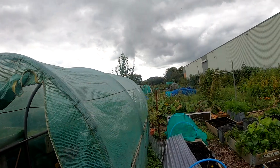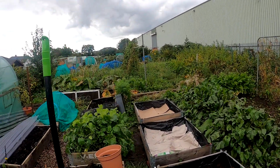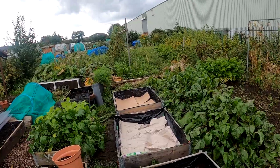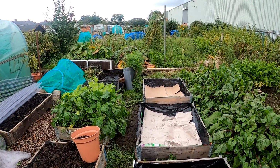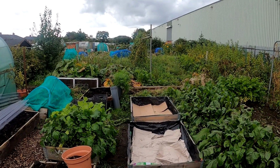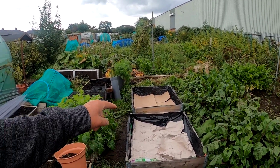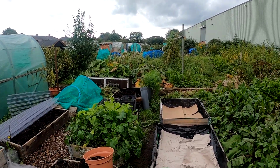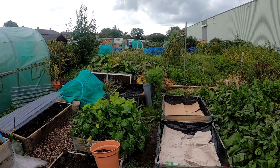And I'm going to use that today, well, some of it today, in the polytunnel and these new raised beds. Now these new raised beds are made from pallet, I don't know what they call them, pallet carriers or something, and I got them off a friend of mine. Got these three, and I'm going to put another one at the back, and the simple reason being is that